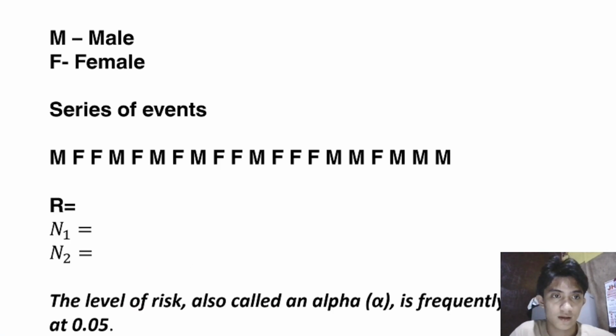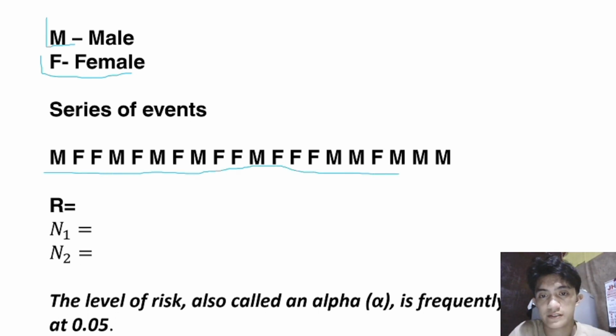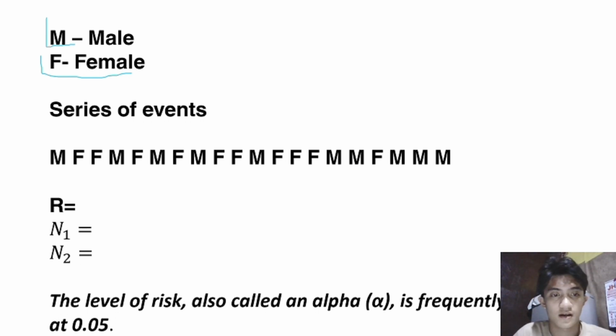Now, in our problem, we have two categories, which are the male and the female. Now, this is the series of events from the problem. Now, let's test if it is random or not. First, let's identify the number of runs by counting it. So, M